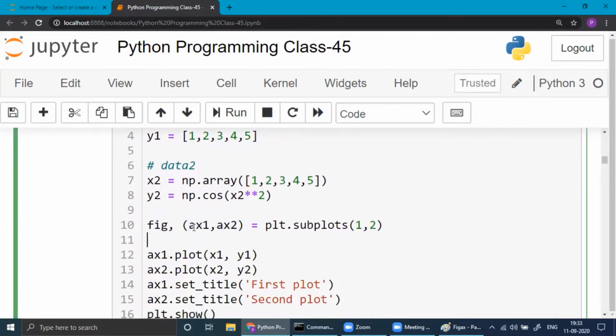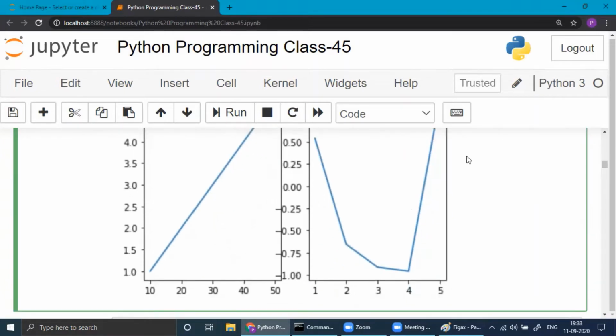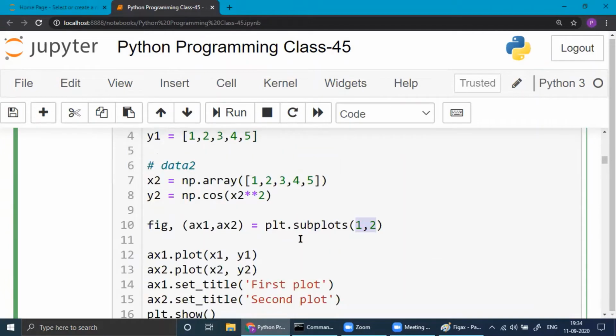If you want to have two graphs, you have to write number of rows and number of columns here. And you get figure object, however, you get two here because you have one row and two columns. If you run this one, you get this way. One row, two columns. Here, this is number of rows, the first one, and the second one, number of columns. There is no third one.